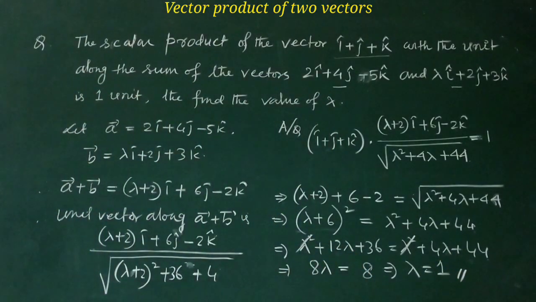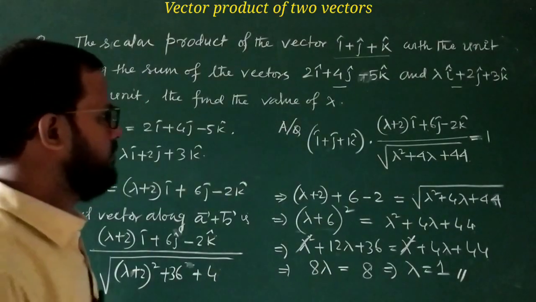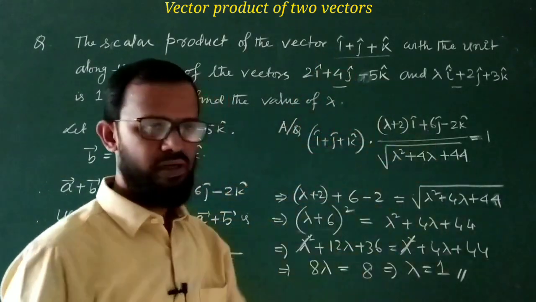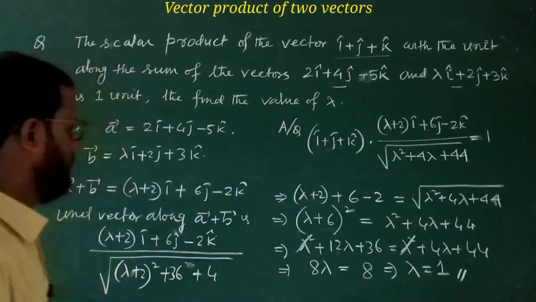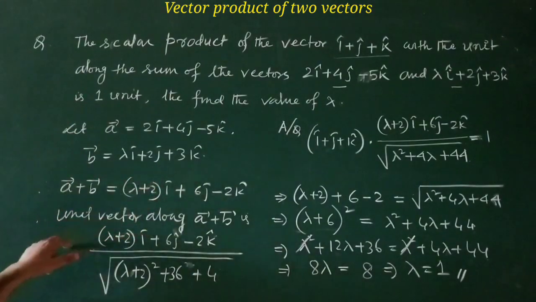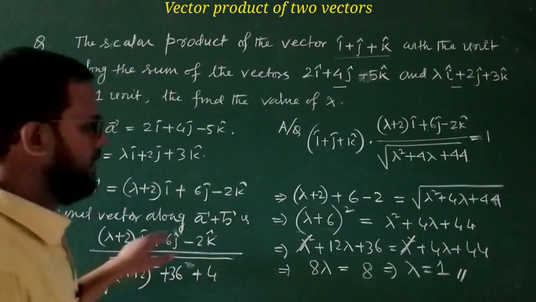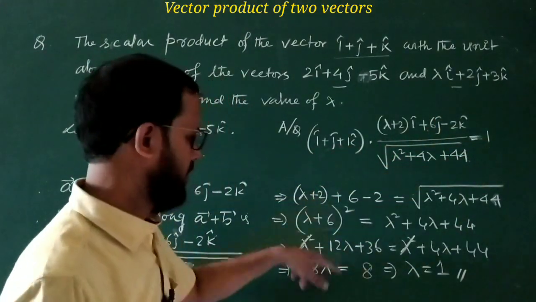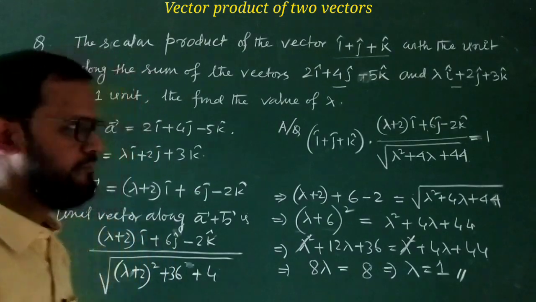In this question there is a huge concept. The question is that you have to find the dot product between a given vector and the unit vector along the sum of the vectors. So first of all you have to find the sum of the vectors, then find the unit vector along this sum, and then take the dot product between these two, which is given as 1, and from here you can get the value of lambda. Okay,